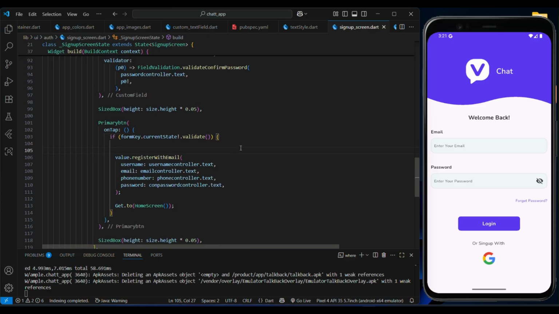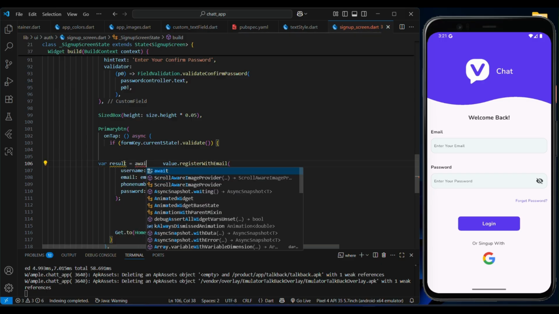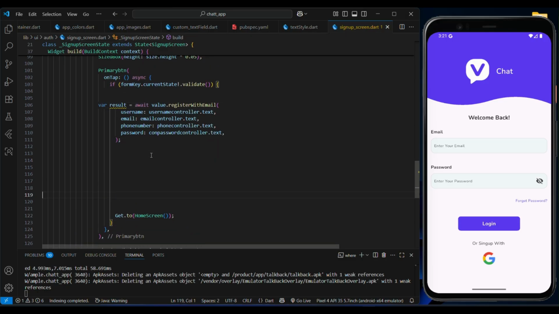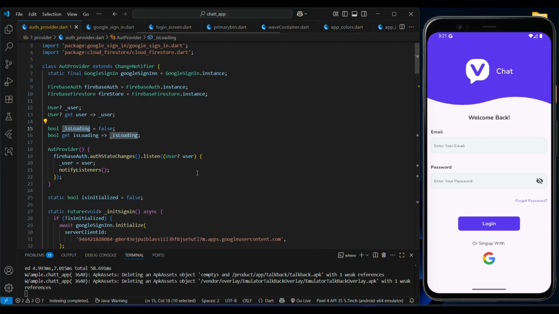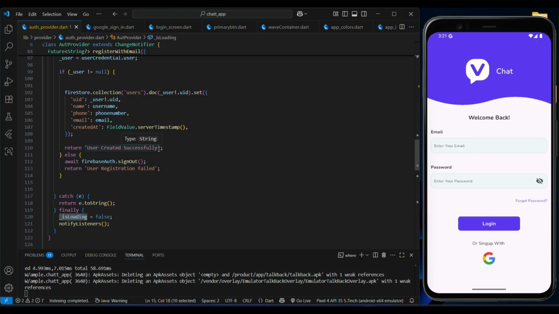Okay, we can assign a result at first. If result dot to string is equal to user created successfully,